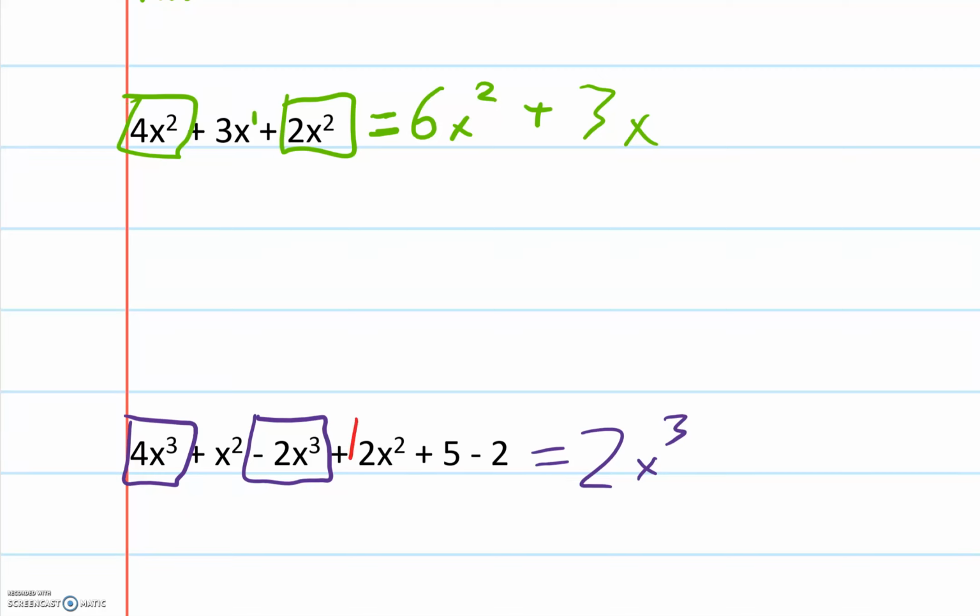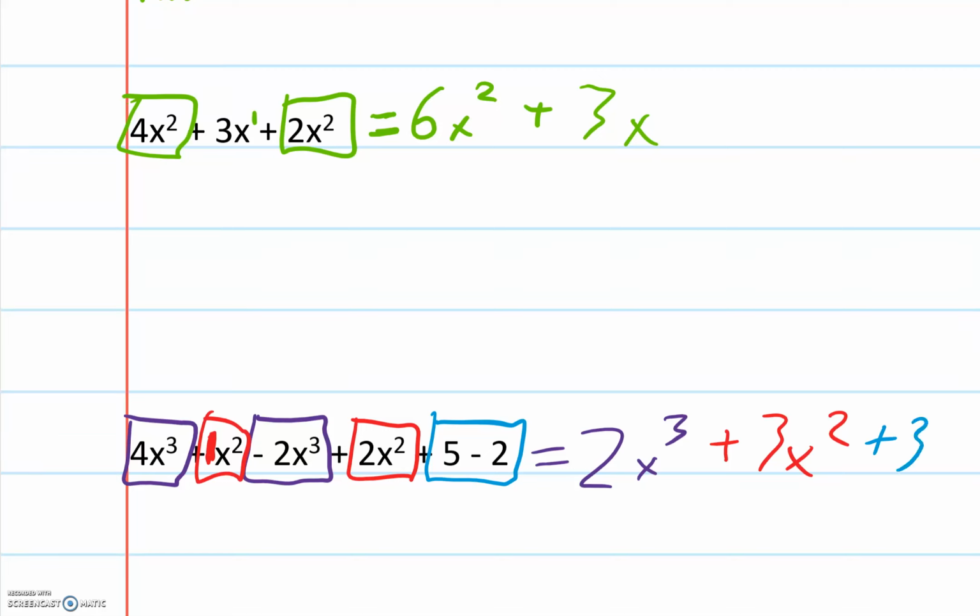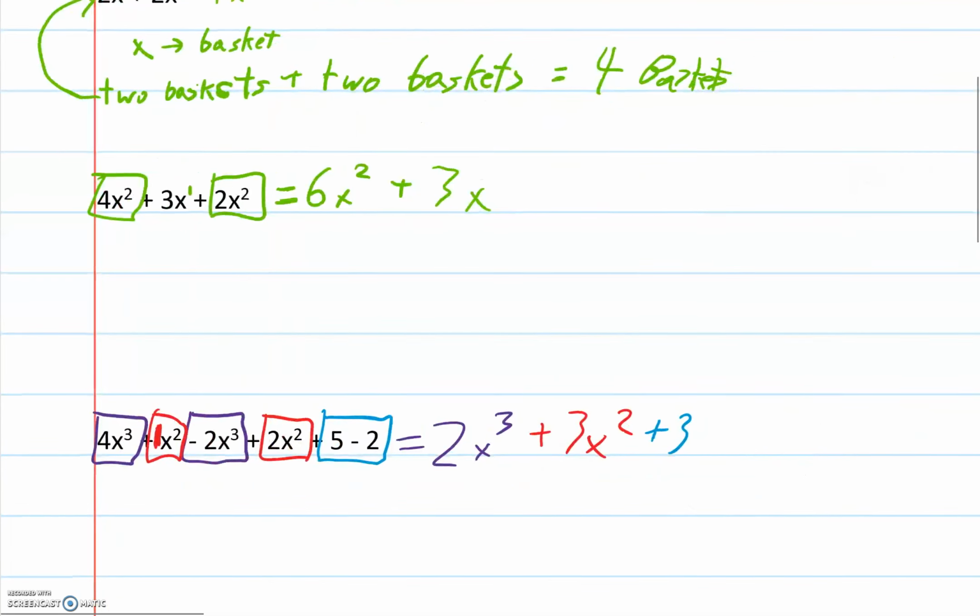Then we have 2x squared and, or sorry, no x squared. It doesn't say a number there, so it's just 1. So it's got a little invisible 1 here. And that's important to notice as well. So 1 plus 2 equals positive 3x squared. There are no degree 1s here, but there are a few constants. So we can go 5 minus 2 equals 3. And that's all it is to simplify